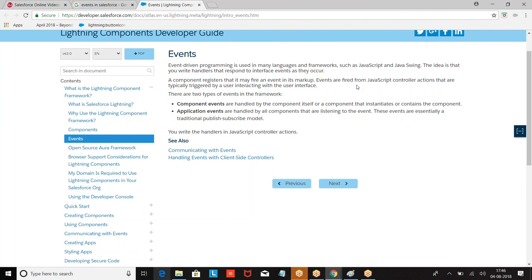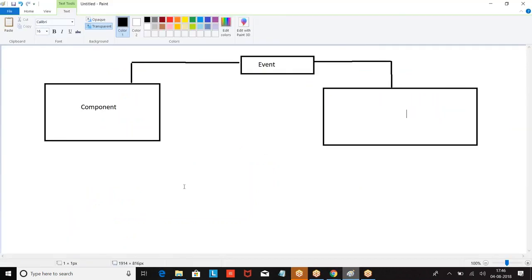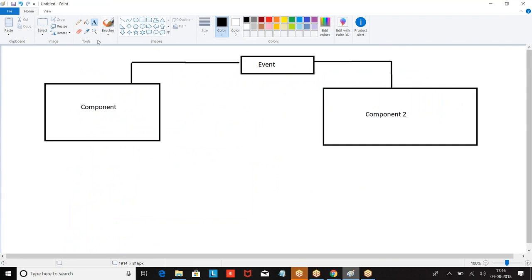First, let me give you an overview. What are component level events? What are application level events? Then we will dig into the concept. When I say component level events,